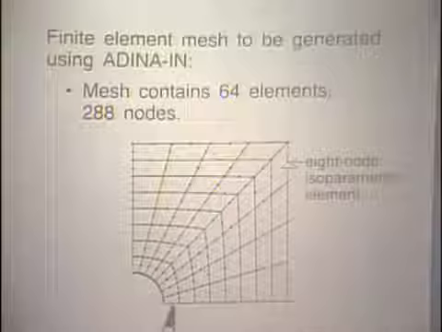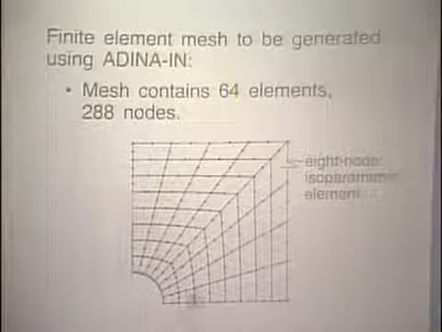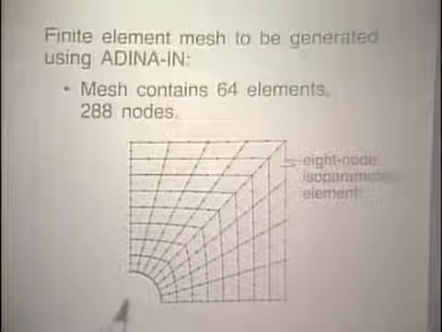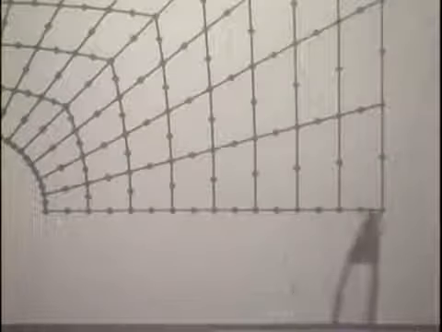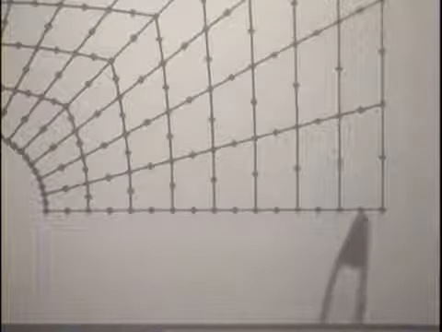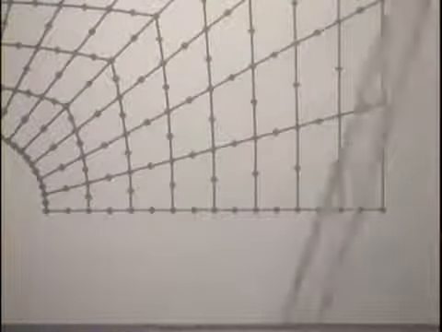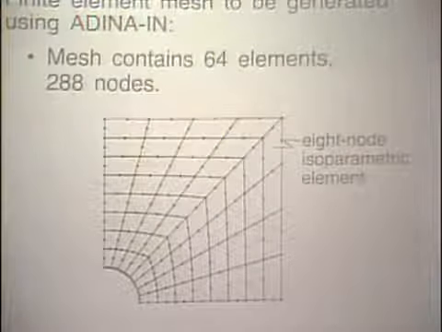With the complete ADINA input file now available, we can call ADINA to execute this file, and this gives us our first solution results. We look at these solution results, and in particular we plot the deformed mesh onto the original mesh, and this shows in fact that we have made an error in the input description. It will show us that we have fixed all these nodes down here, whereas they should have been on a roller. This is shown by plotting the deformed mesh onto the original mesh, and it's also shown by looking at